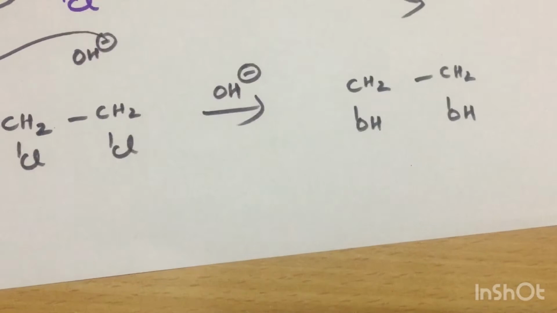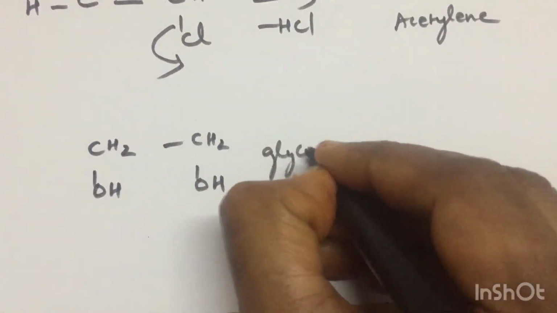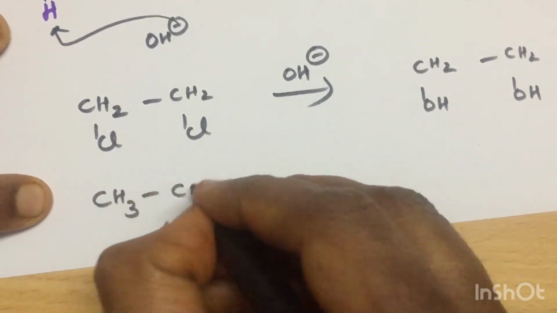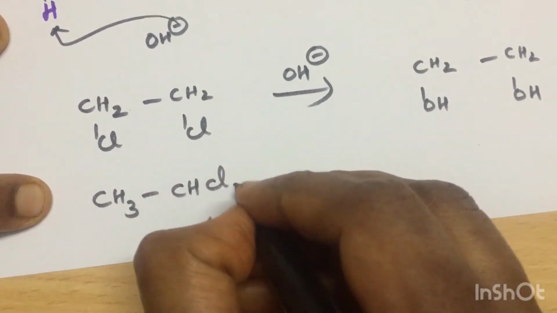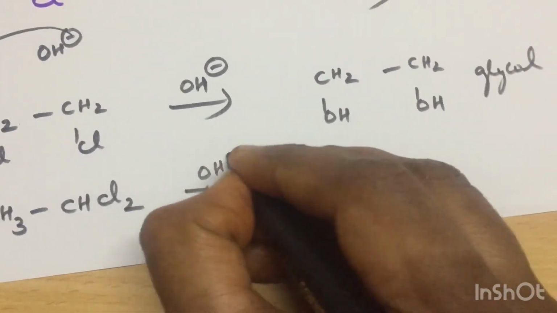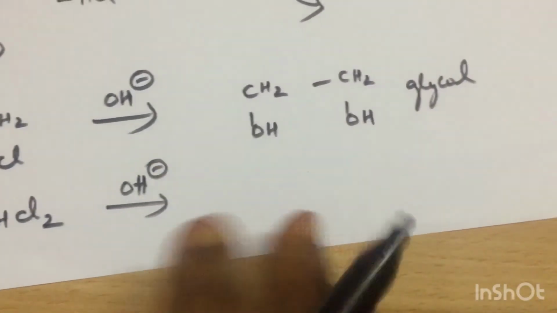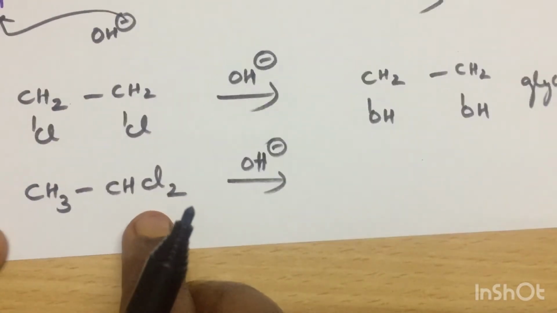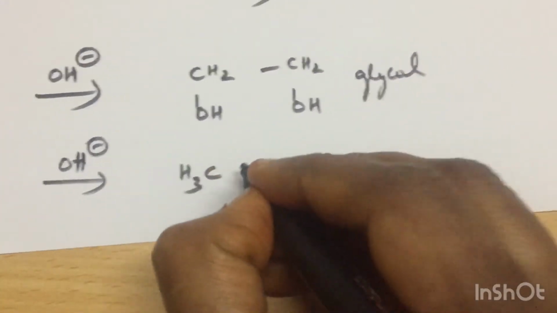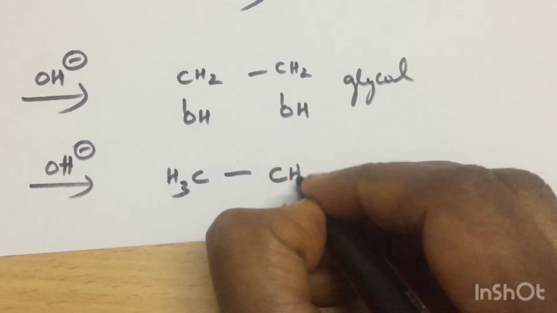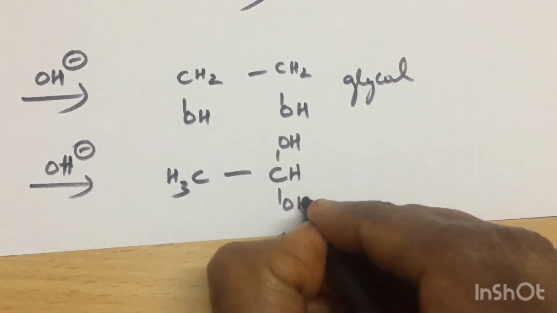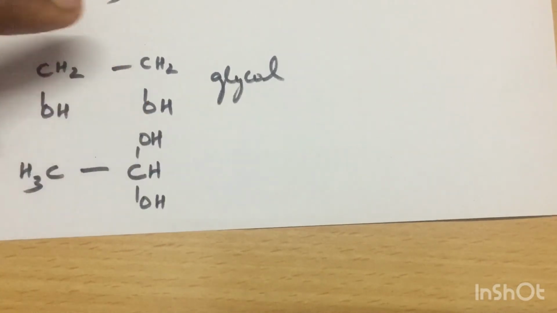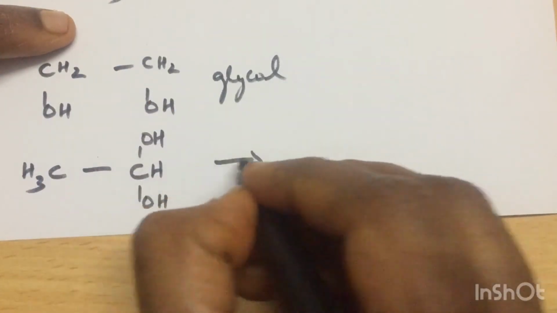So from the reagent you have to identify what kind of reaction is going to take place. Whenever I do the reactions, I will give you revision also. We will recall reagents and mechanisms wherever required. Okay, so here in place of 2 chlorine you have to put 2 hydroxyl. So here 1 OH and 1 OH. You know the carbon cannot carry 2 hydroxyl at the same time. So what happens? Immediately it will turn to